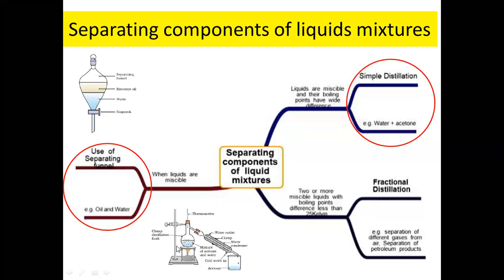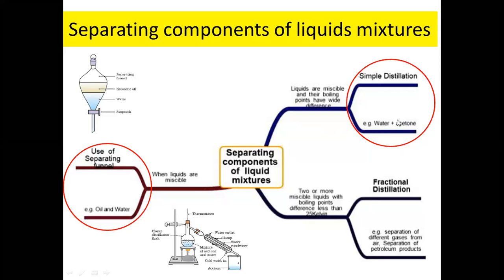This is the simple distillation as explained before. Simple distillation you can use for the separation of liquid mixtures when the liquids are miscible. Miscible means when they are mixed together and you are unable to differentiate which one is the specific phase. Like maybe one of the cases is water and acetone, but here you can see the difference between the two phases, because water is heavier and acetone is lighter,